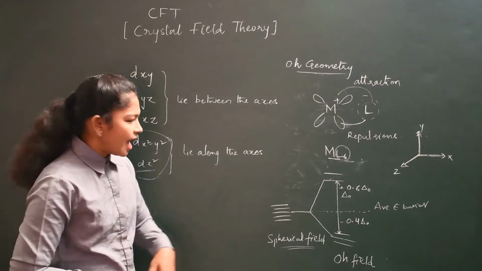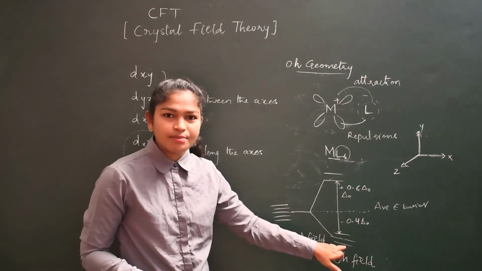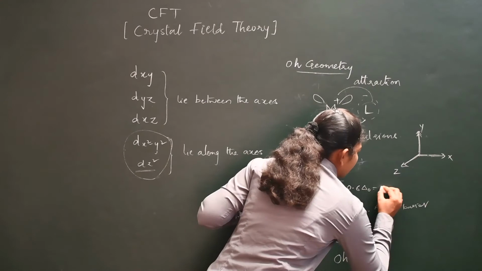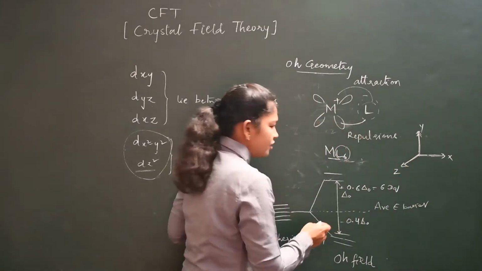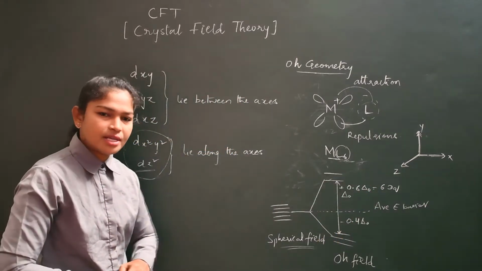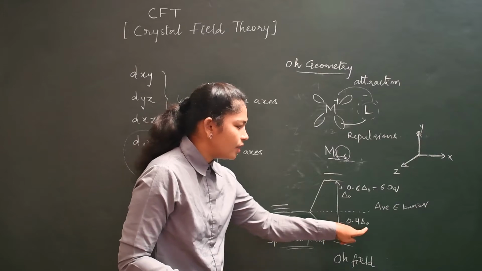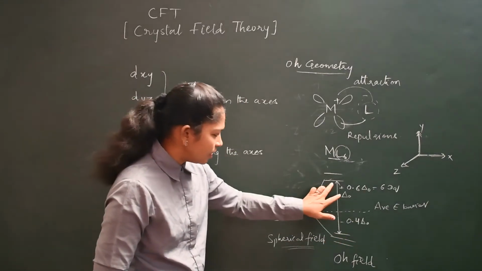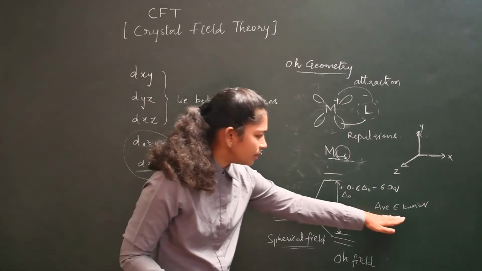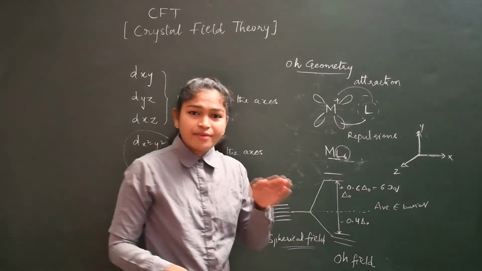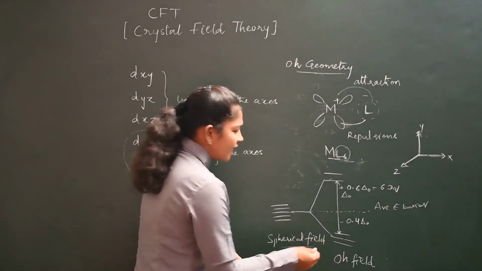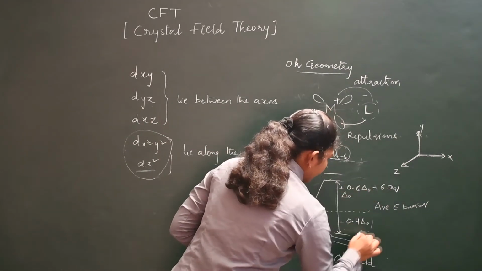This splitting happens here. Actually the total splitting energy in octahedral will be 10 Dq. Otherwise you can write it as 6 Dq, or as 0.6 delta naught. Here also you can write minus 4 Dq, otherwise minus 0.4 delta naught. Okay, the total splitting energy is delta naught, and above the energy barrier it will be 0.6, and below the energy barrier it takes a minus sign. Okay, and the splitting energy will be this way in octahedral.